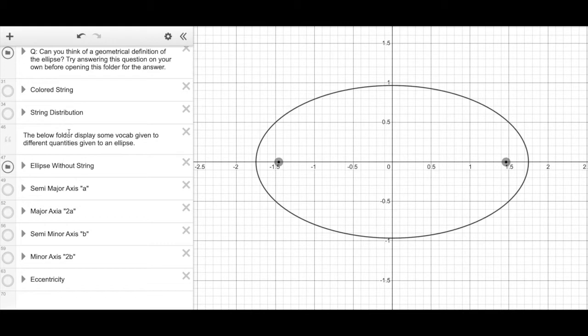So here's our ellipse. What I have here will show us the semi-major axis A. The semi-major axis is half of the major axis, so that's from the origin all the way to one of the foci. And then here we have the major axis. It's the line segment that connects the two vertices. And then we have the semi-minor axis, that'll be from here to here, and the minor axis from here to here. Okay, but let's take a look at the